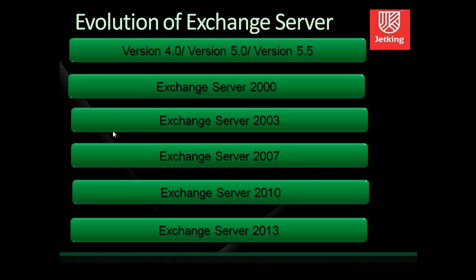When version 5.5 was released, we had two editions. The first edition was the standard edition, basically used for testing and trial purposes. Later on, the enterprise edition was introduced, which was basically used for deployment. And then the main Exchange Server 2000, in November 2000, came along with the instant messaging feature for chatting online with the employees in the organization, followed by